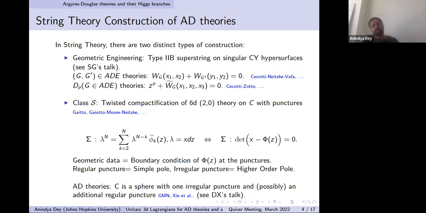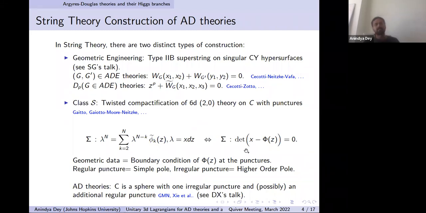And then on the other side, there is the class S construction, which basically proceeds by the twisted compactification of a 6D (2,0) theory on a Riemann surface with punctures. In this case, there is something called the Hitchin field, which will be very useful in what I'm going to say next. You can see it from the Seiberg-Witten curve itself. If you write down the general form of the Seiberg-Witten curve for an A_{N-1} 6D theory, for example, which is this,